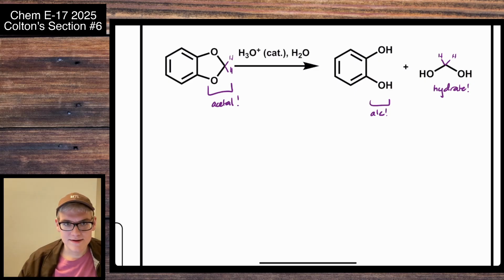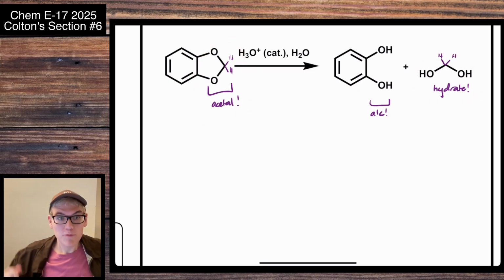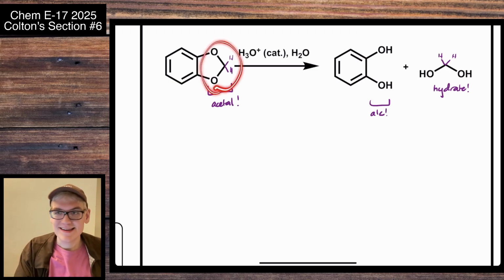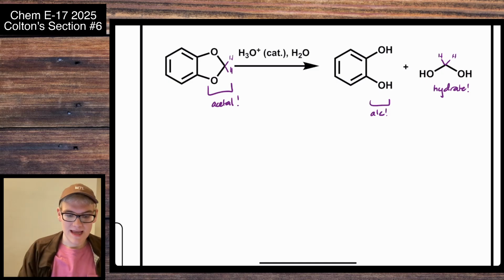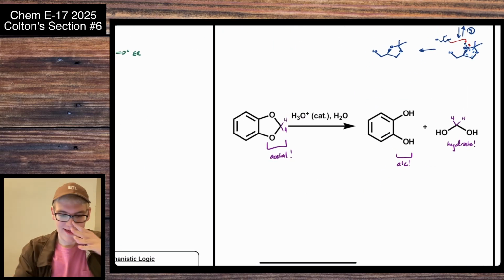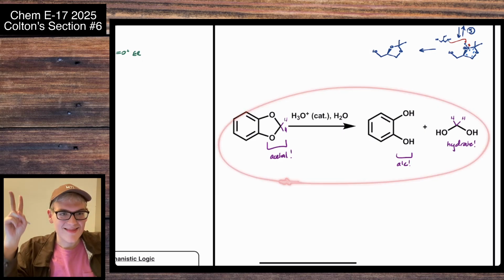So weird. We definitely do not know a reaction that goes from an acetal to a hydrate, right? And specifically, we only know one reaction for this entire class that starts with an acetal, because acetals aren't that reactive. We only know how to undo an acetal formation and turn it into a carbonyl and alcohols. So when we clock that this is not a standard reaction that we know, but it's connected to something that we do know, this is where thinking at that line reaction level